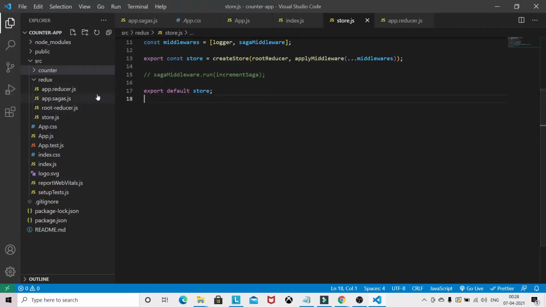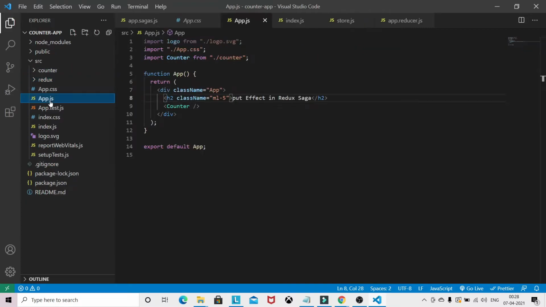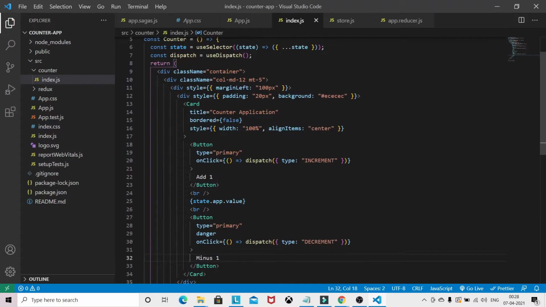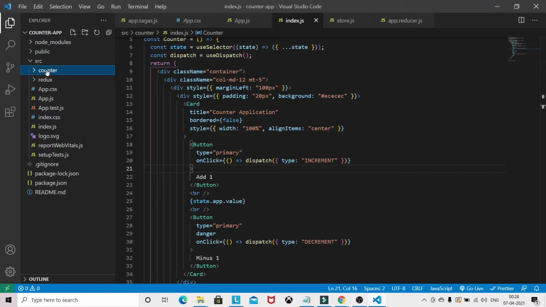This is the basic setup, which I have already done. I have one counter component, where I'm dispatching increment and decrement. Here we are directly dispatching an action to the reducer, and we haven't written any Saga to update the reducer. So we will write the Saga file to update the reducer with the help of the put method.